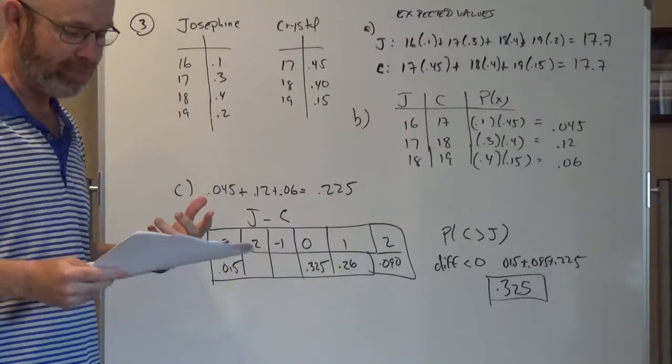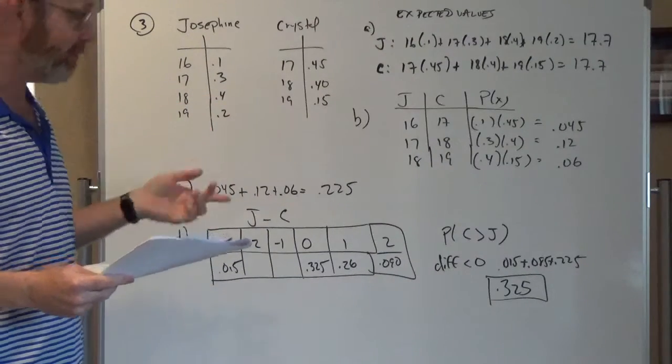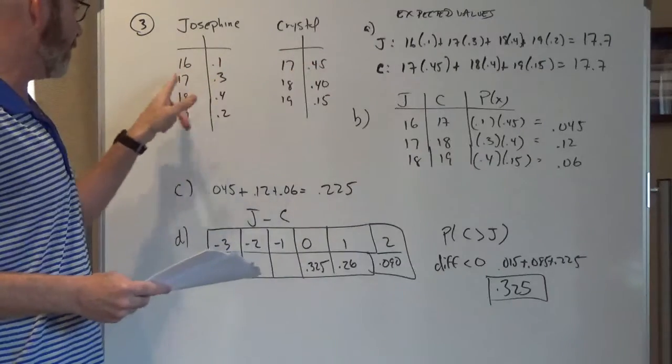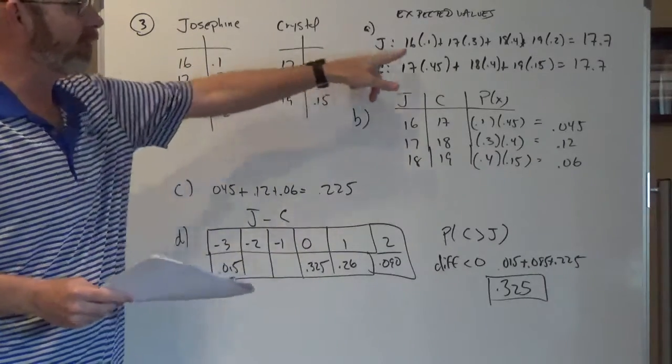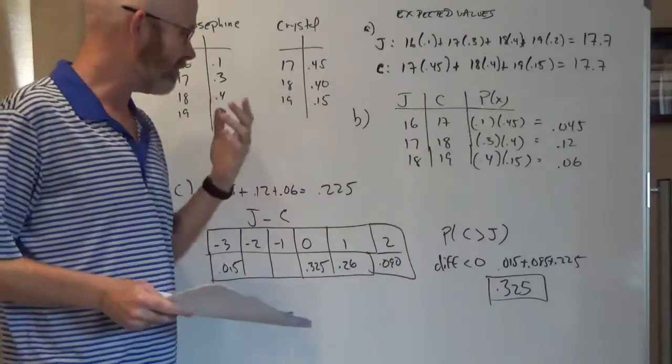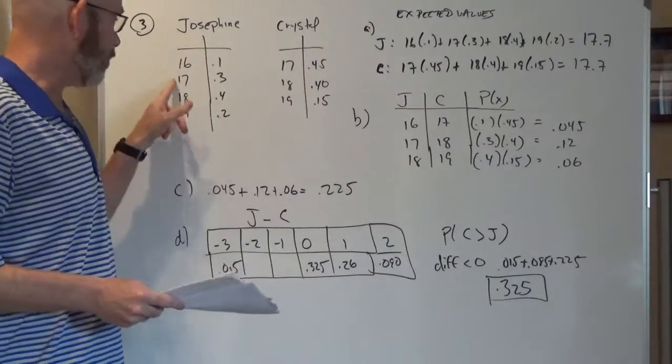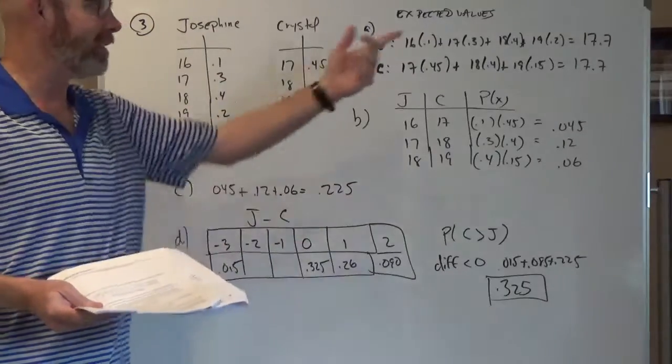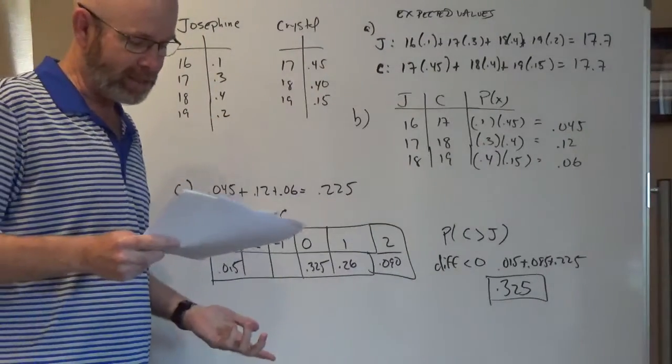The first question was to find their expected values. Expected values, just this times this plus this times this, and so on. So you see my work there. They were both 17.7. Remember, you can also list 1, list 2, and do one variable statistics. It's going to tell you the same mean. Next question says,